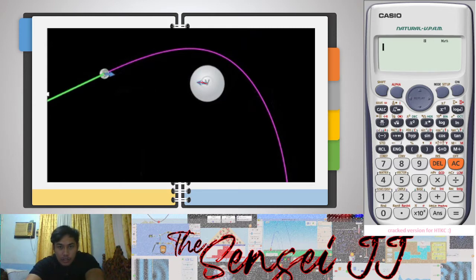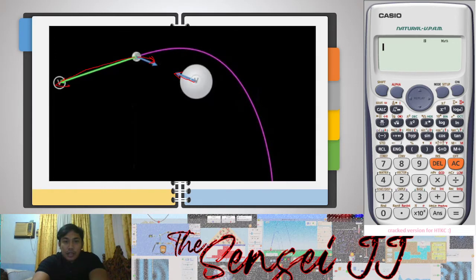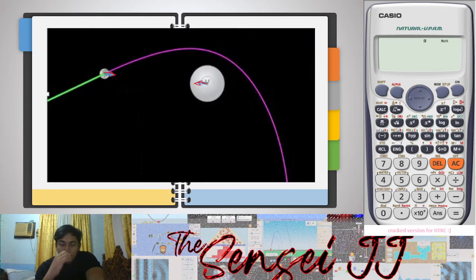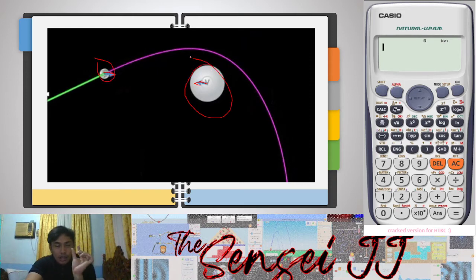As you can see, a while ago the gravitational force arrow was greater than this arrow, but suddenly it got smaller, or shorter. So meaning the force, or the gravity between these two, the moon and the Earth, has shortened, or suddenly disappeared. Okay, so that is our escape velocity.